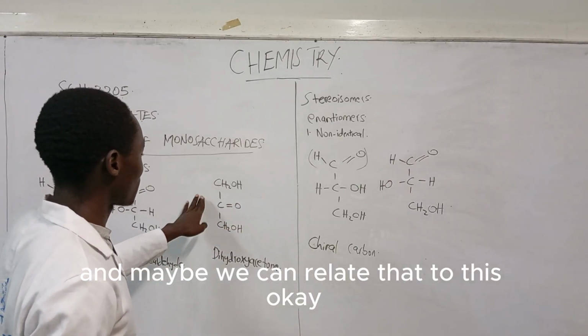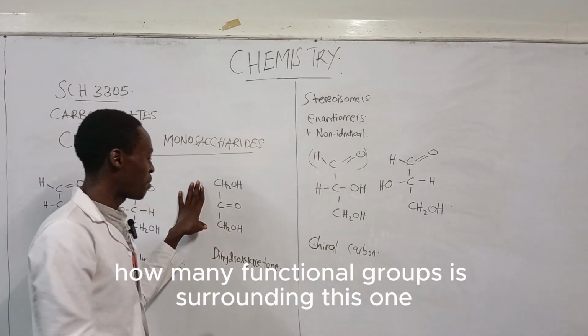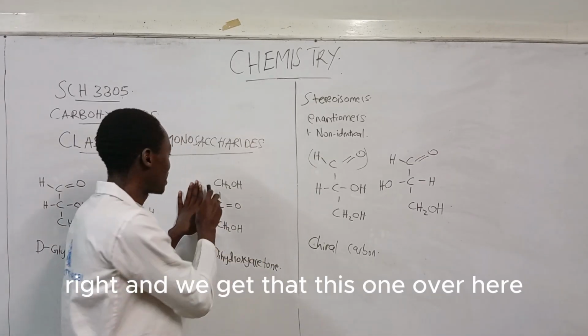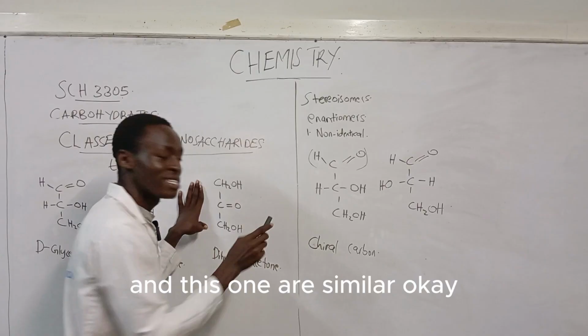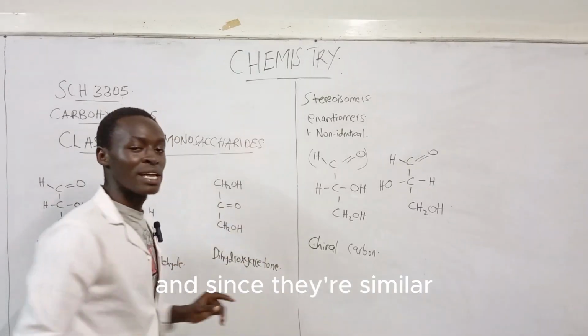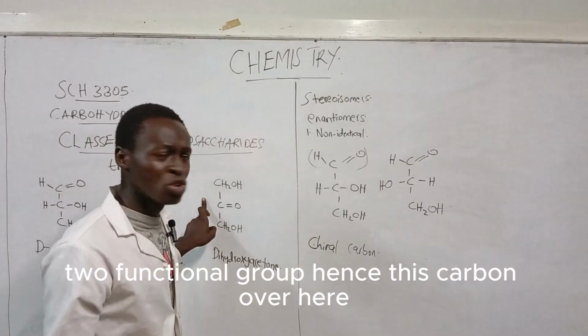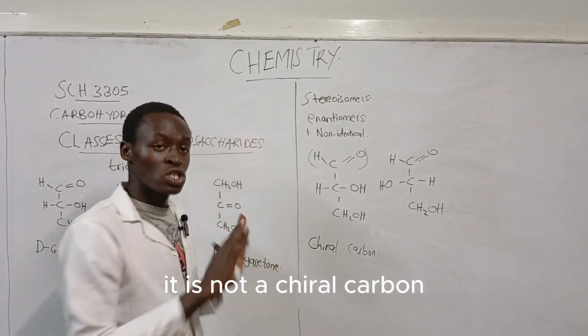and maybe we can relate that to this. If we check on this one, how many functional groups are surrounding this carbon? We have a ketone here, right? And this one over here and this one are similar, and since they are similar they just make 1 functional group. So this one over here is surrounded by 2 functional groups,